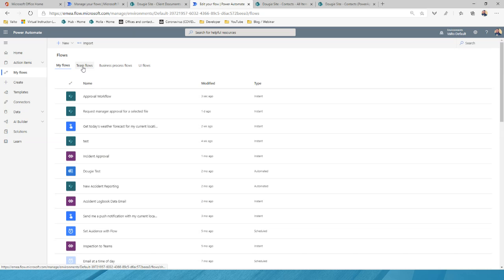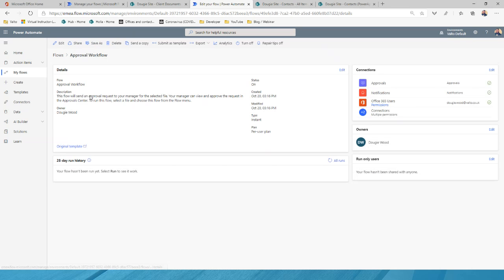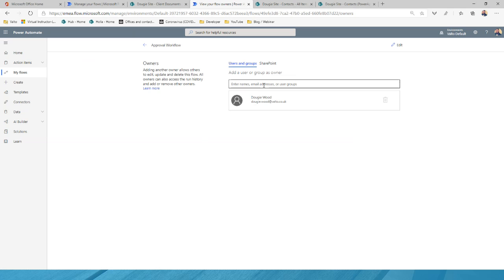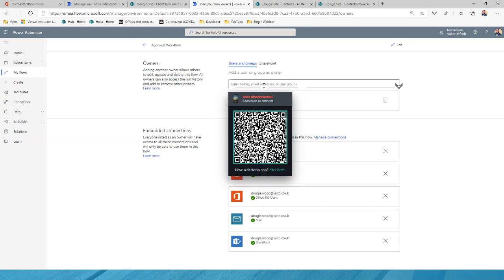Now, there's also other areas, for example, like team flows, where you can share flows. That's where multiple people have access to edit a particular flow. If I just go back in to edit this particular flow, you see under owners, at the moment, only I am an owner. Whereas if I share this with somebody else, say, for example, I share this with Kyle,